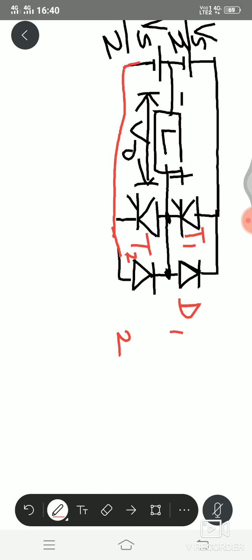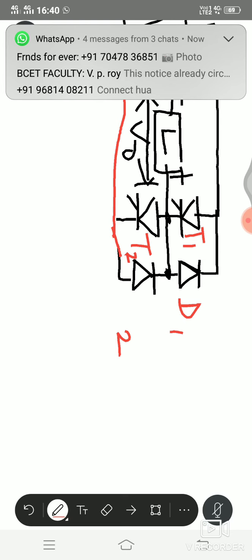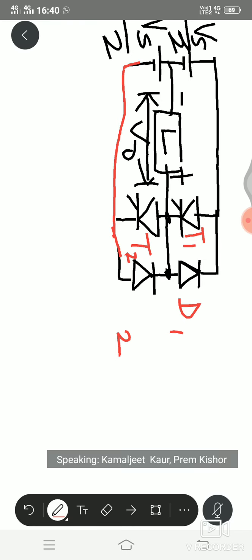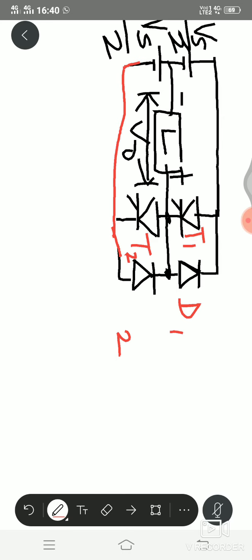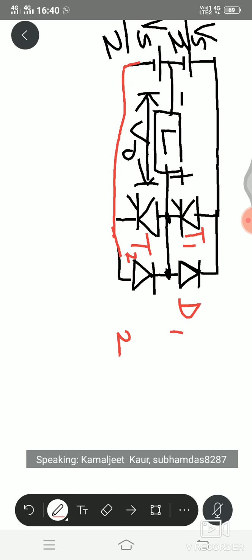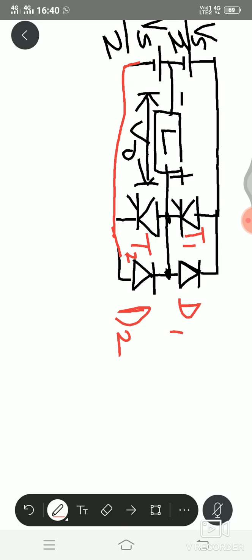Draw the diagram properly because we have got thyristors and diodes connected back to back. See the situation first. T1 and T2 are connected like this, and diodes D1 and D2 are connected in this manner. So mark that properly